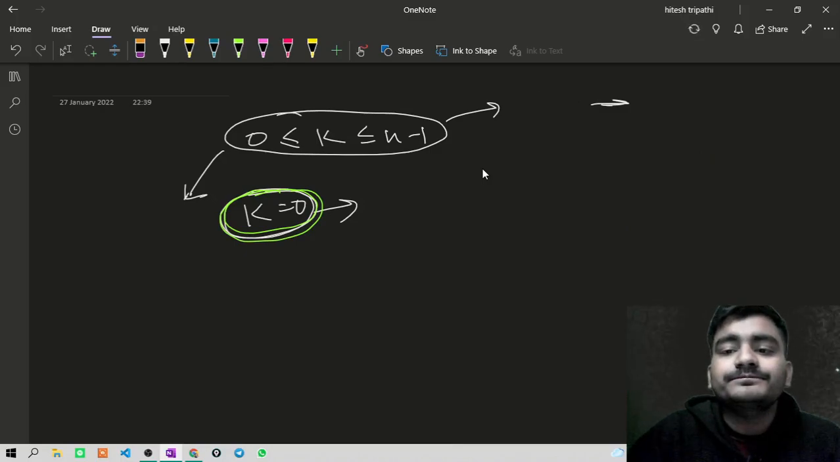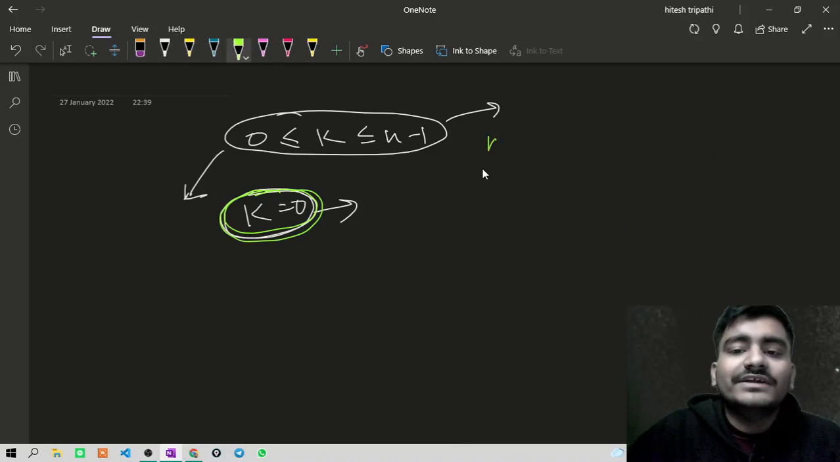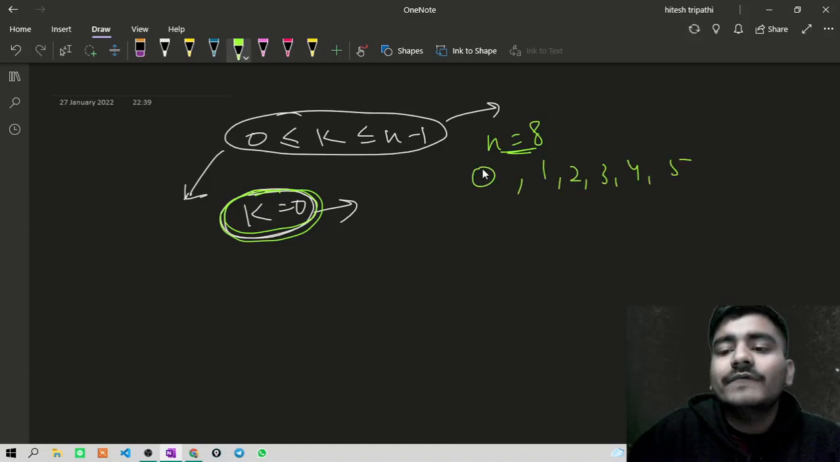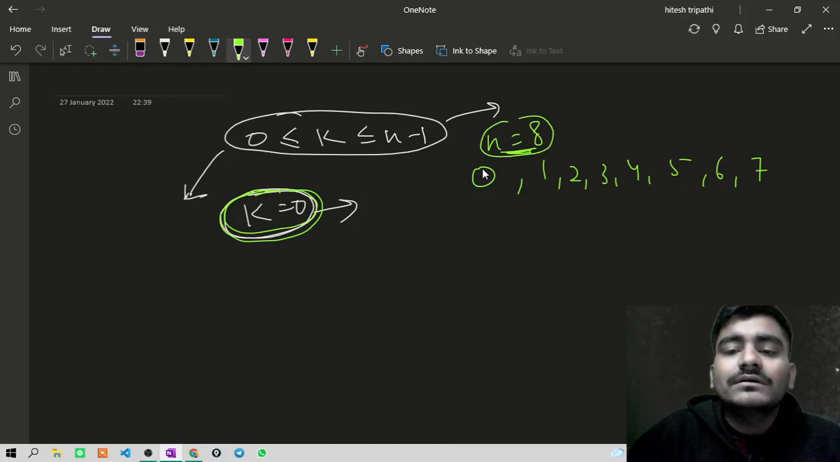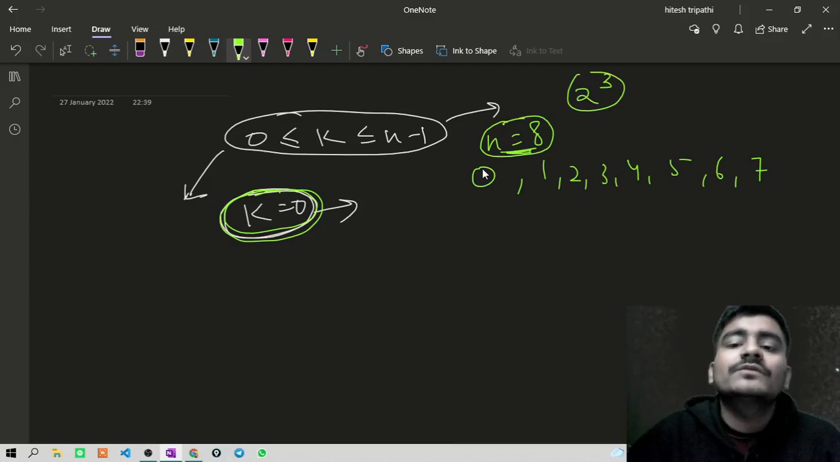Suppose I have a test case n is equal to 8. Okay, I have numbers 0, 1, 2, 3, 4, 5, 6 and 7. Now for n equal to 8, since 8 is also a power of 2, this can be a valid test case. 2 raised to 3, 2 2s are 4, 2 4s are 8. So this can be a valid test case. Now we have all these numbers,